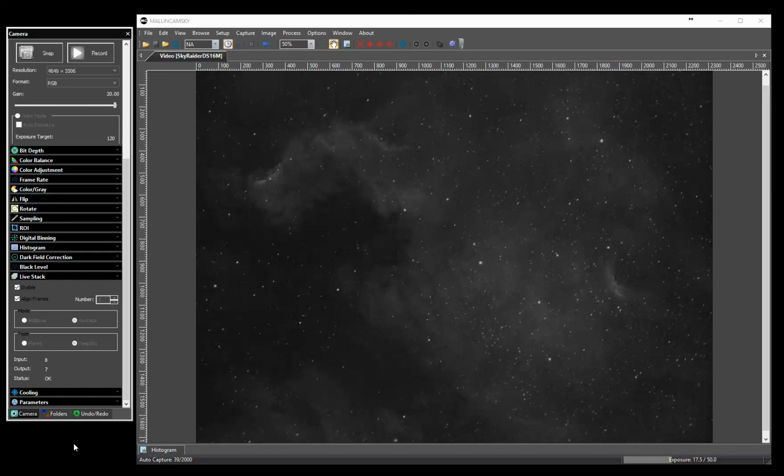So let's move over to something else. Let's see. So that's where the Veil is. Back out, center the Veil right here. How far apart are the two parts of the Veil? Get angular measurement. Two parts of the Veil are 2¼ degrees apart. So if I go in between both,